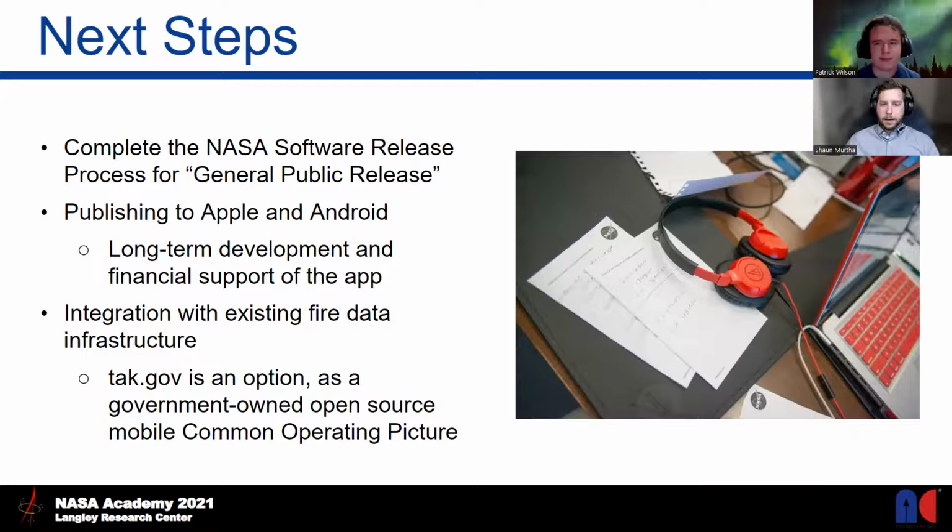And so the next step for our app post development is getting proper NASA approval for release, as Patrick said. Once the app release is approved, it can then be published to mobile app stores and will need further maintenance, development, and financial support to get off the ground. And another goal that we have is integration with